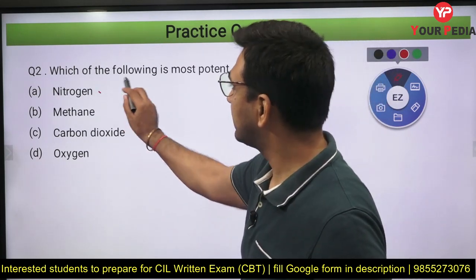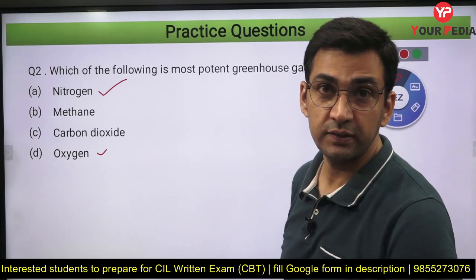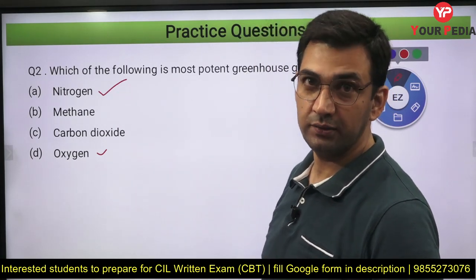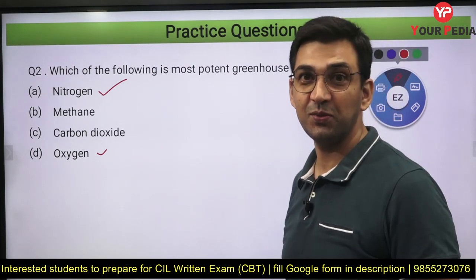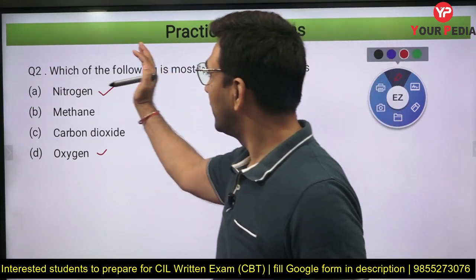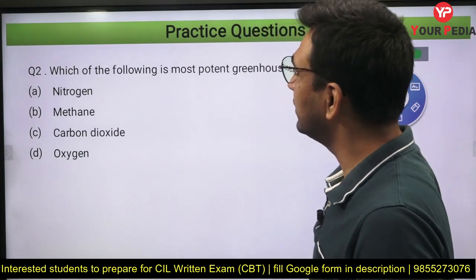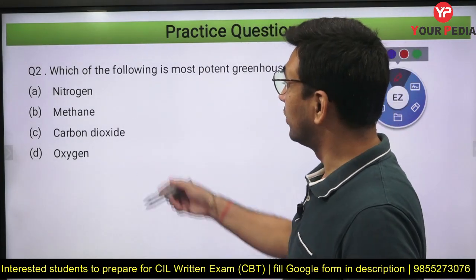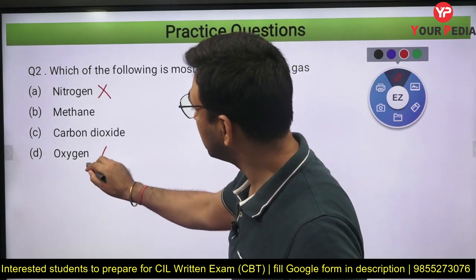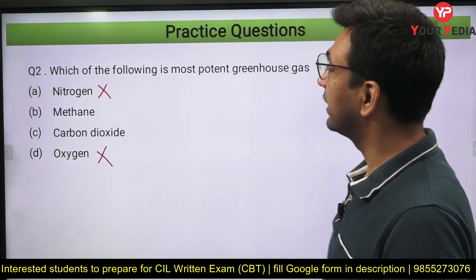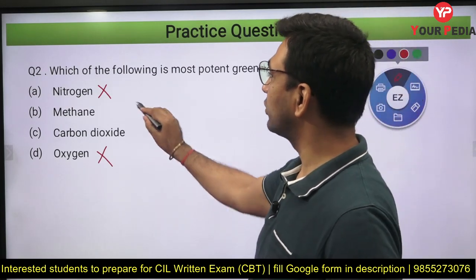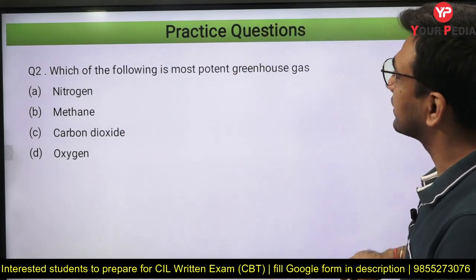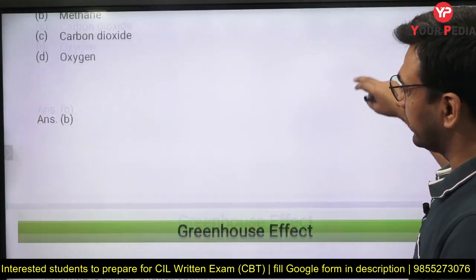Are they greenhouse gases? No. Oxygen, nitrogen, had they been greenhouse gases, you can just think of the situation, right? It would not have been possible for us to live over there. It would not have been a livable place, as simple as that. So fortunately for us, they are not greenhouse gases. What about these? Both are greenhouse gases, but methane is more potent compared to carbon dioxide. Okay, go to the next one now.